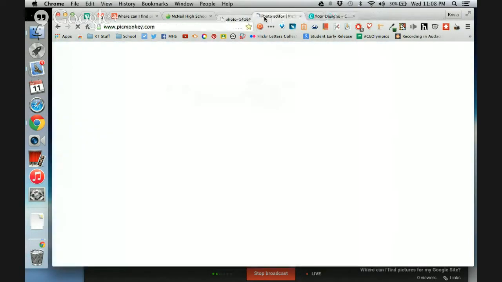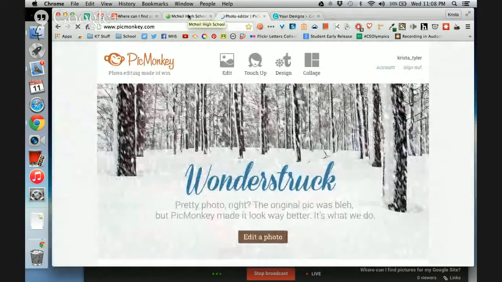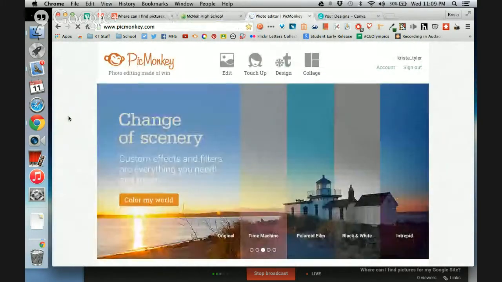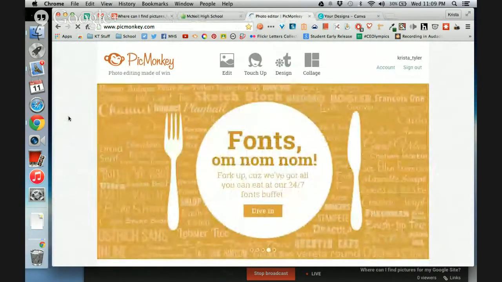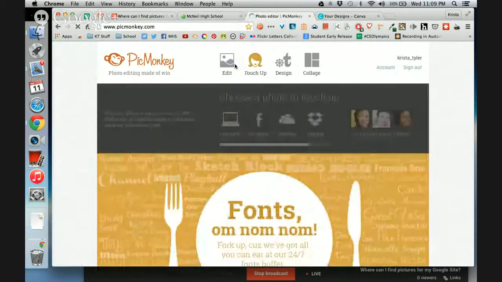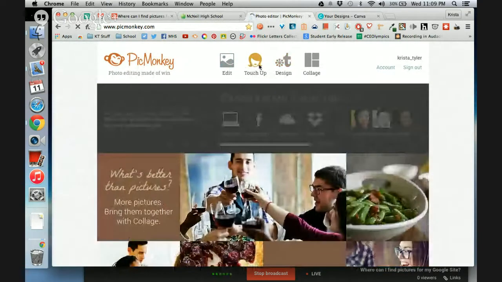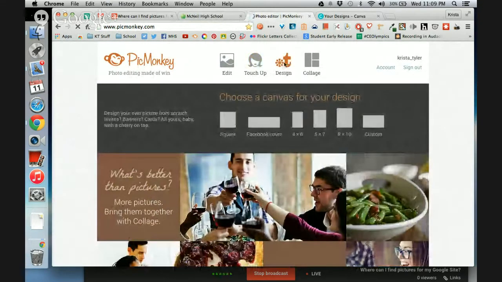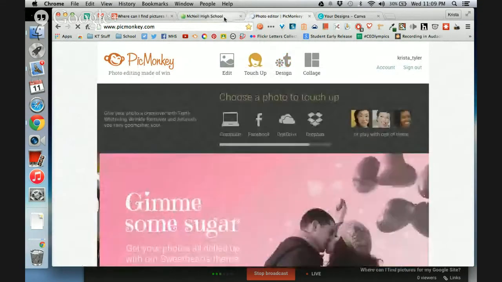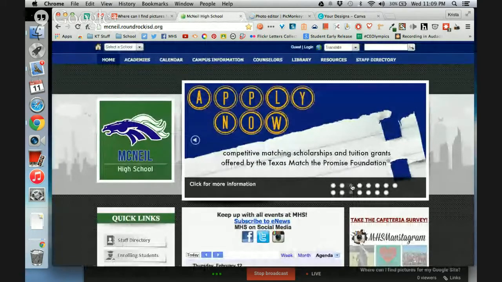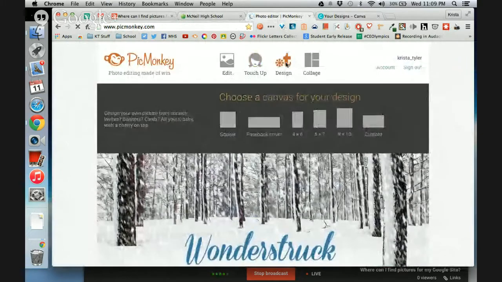Now, there are tons of other places to get those photos, but you can also very easily create your own graphics or your own images or edit one of those that you just got off of Flickr or wherever. So you can edit photos that you already have on your computer and touch those up as well. Most of the time I go in and design something because this McNeil High School site has to have a very specific size here. So you can just go in here and design whatever size you're wanting,